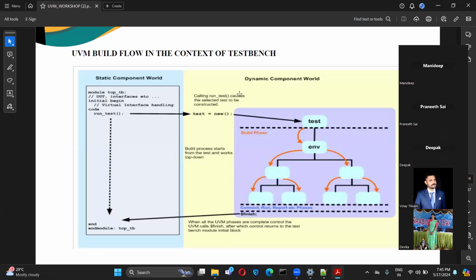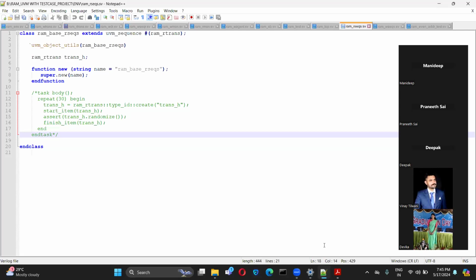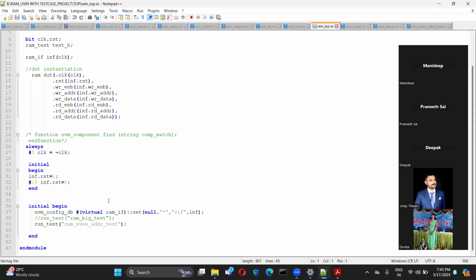In the top module, in the initial block, there is a line called run_test. It starts from there.